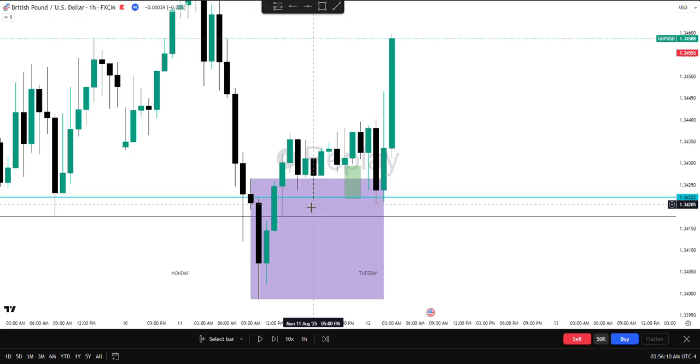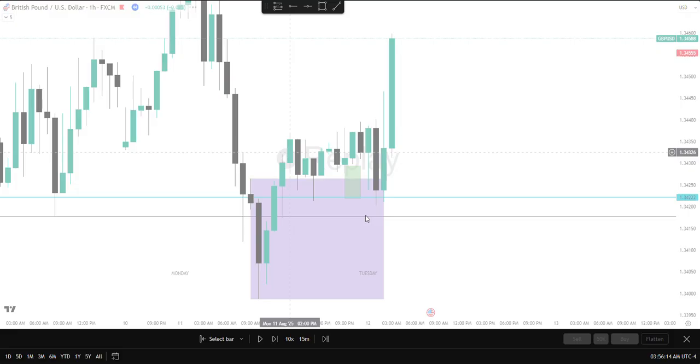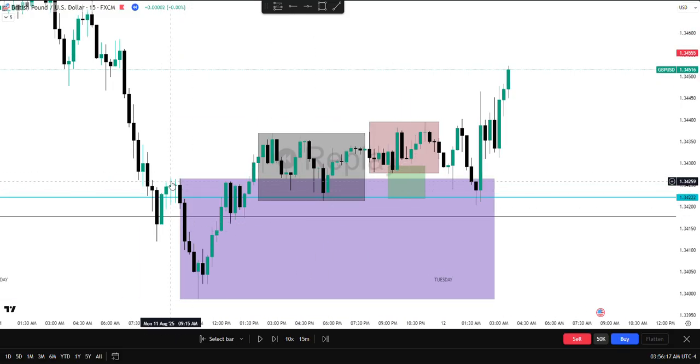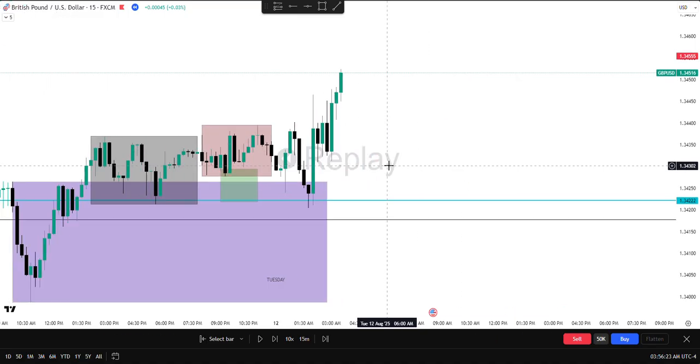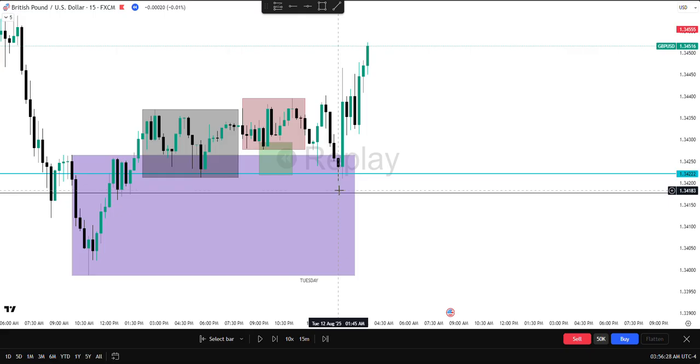So nothing really that's obvious here apart from the fair value gap. When we go down to the 15-minute time frame, very clear order block here, and then expansion higher. So I've marked that out in purple. We hit the standard deviation. Now I would have preferred it to go lower, which it didn't, so it didn't tag me in because I was under this low.